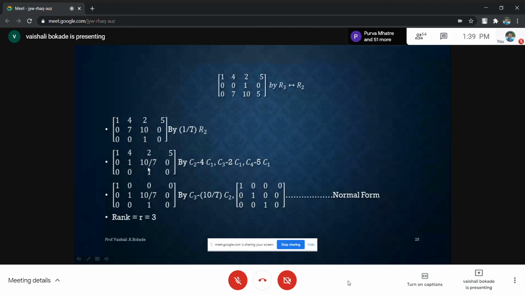Now tell me students, whether this matrix is in echelon form. No, ma'am. Why is it no? Those who are saying no, why is it no, students, tell me. Because the last row, the third one, the bottom row is zero.